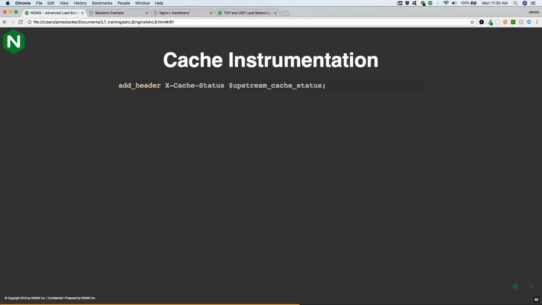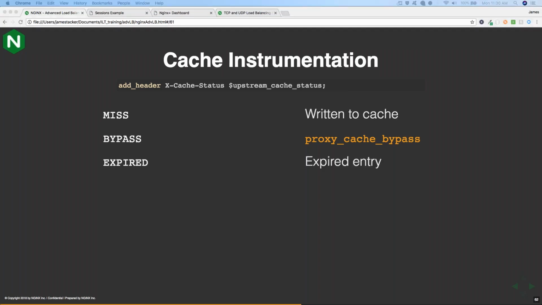Okay. So cache instrumentation, what does that mean? It basically means you want to monitor the performance of your cache to see if it's having any kind of errors. In this case, we're referring to the success of the cache entries and whether or not they're actually being served to the client. So if you see a miss, that means either something's happening with your cache or it was the first connection from that client and it's basically writing to the cache as we speak. Bypass means you got a bypass response from the upstream, which means you probably configured this directive on NGINX. Expired usually means that